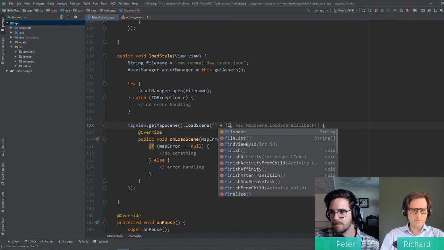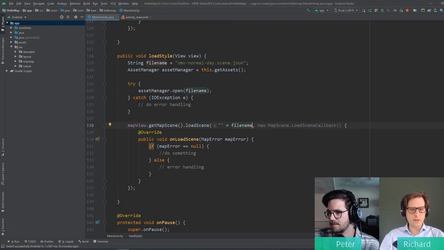sometimes IDEs are too eager to write code for you. So we'll just do this. We'll just say load, fileName, and that should load the file name of the custom style that we have created instead of